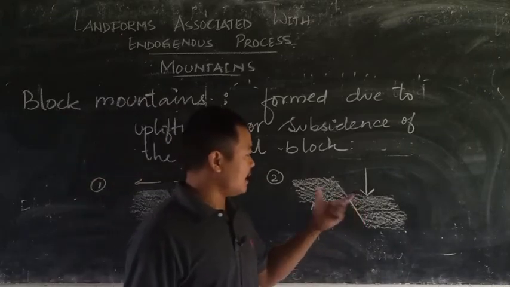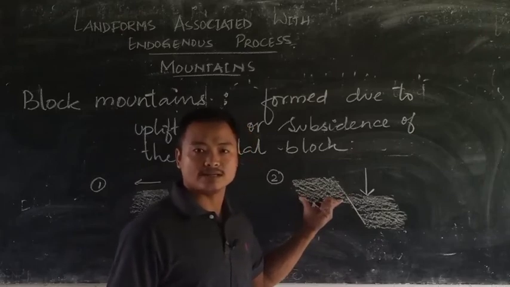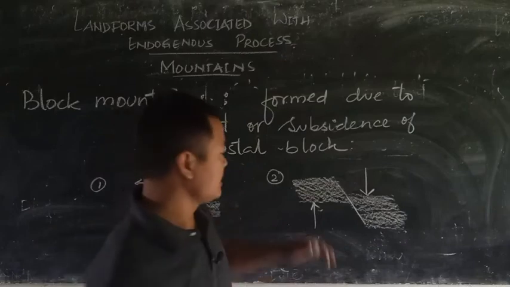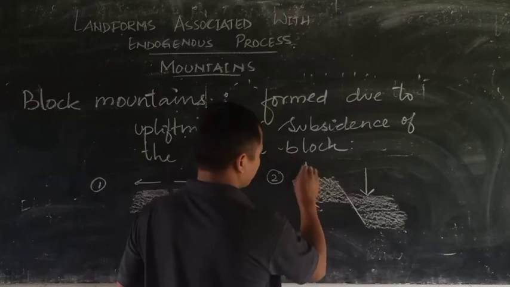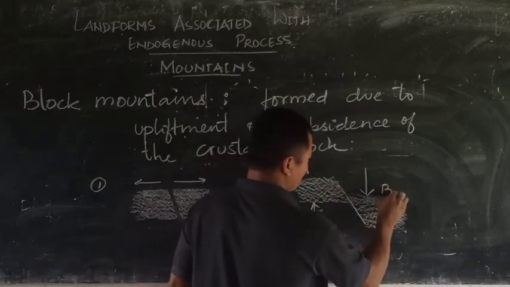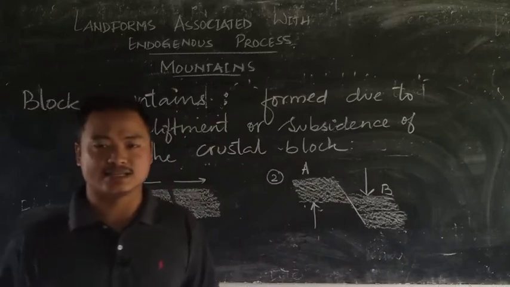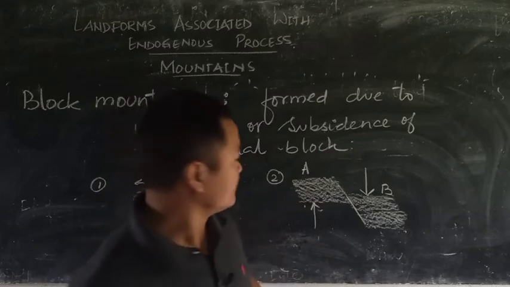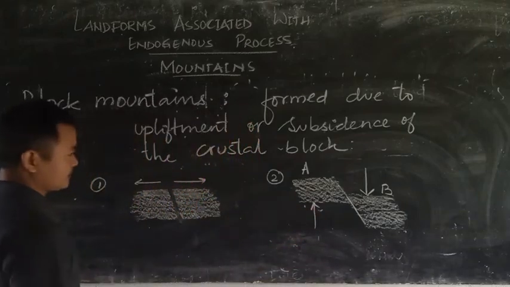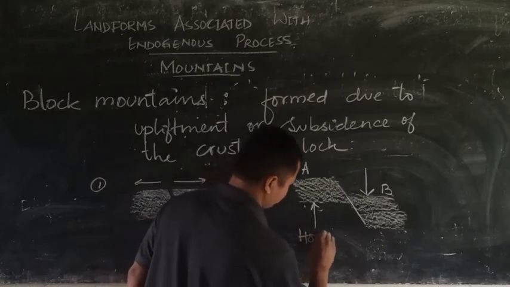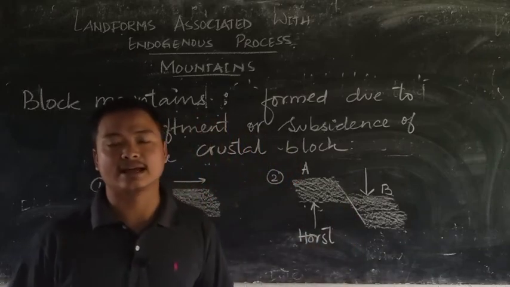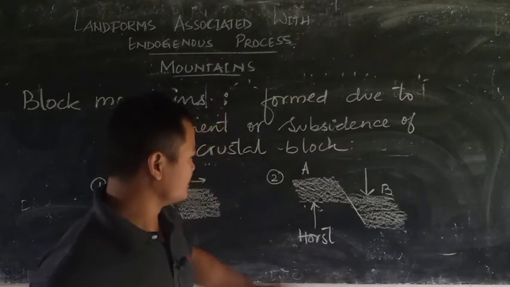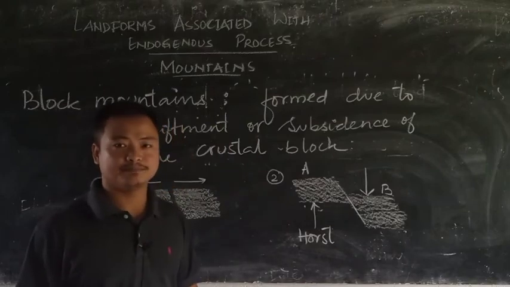And this uplifted portion of the land or the crust seems to have formed a mountain, because now you see the height of this block, block A, is higher than that of block B. So this block A stands as a block mountain as a whole part of the earth's crust is uplifted. These block mountains are known as horst. They very much look like plateaus, but the formation is different from that of plateaus. This block mountain is known as horst in German term,